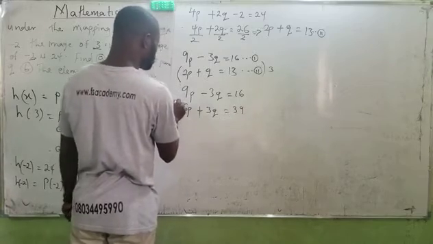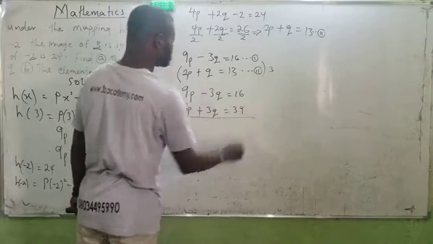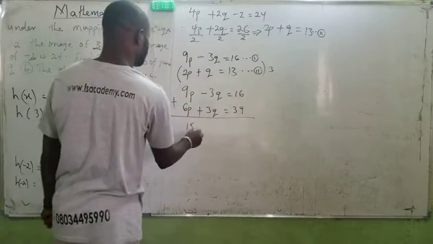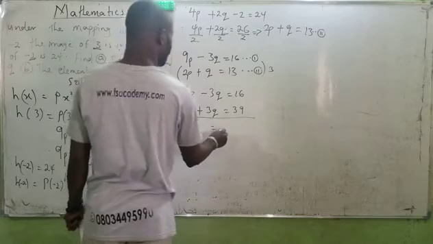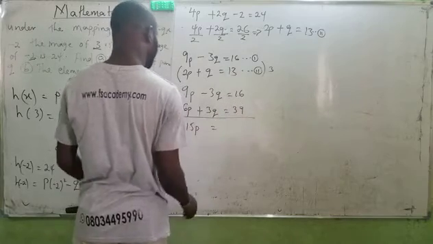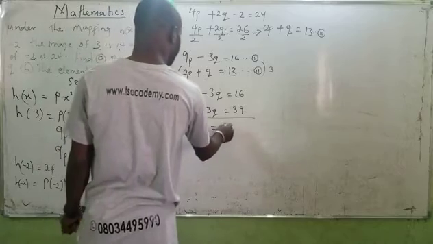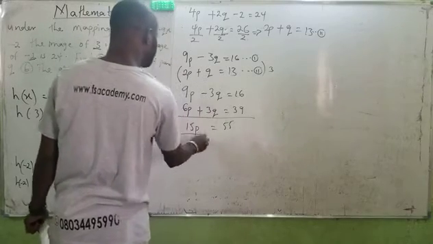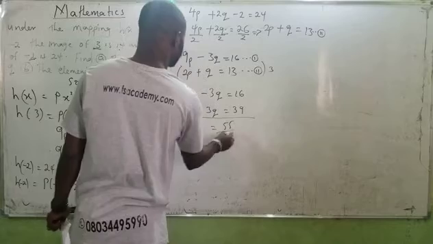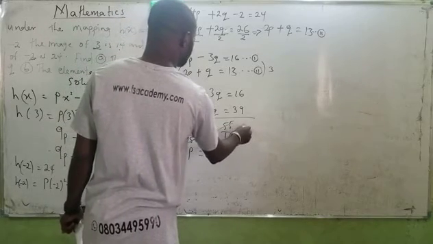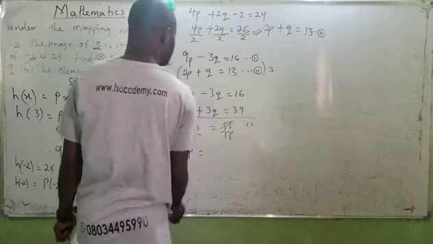Now, I want to add, which is elimination. I want to eliminate this. This will give me 15p equals, when I have that number together, it will give me 55. Now, divide both sides by 15. This will be cancelled. 5 here will be what? 2. I mean, it will be